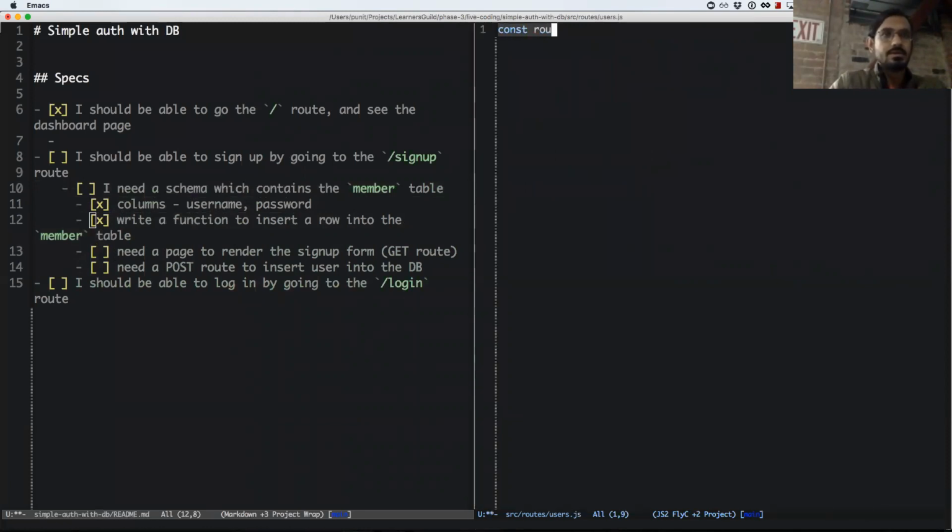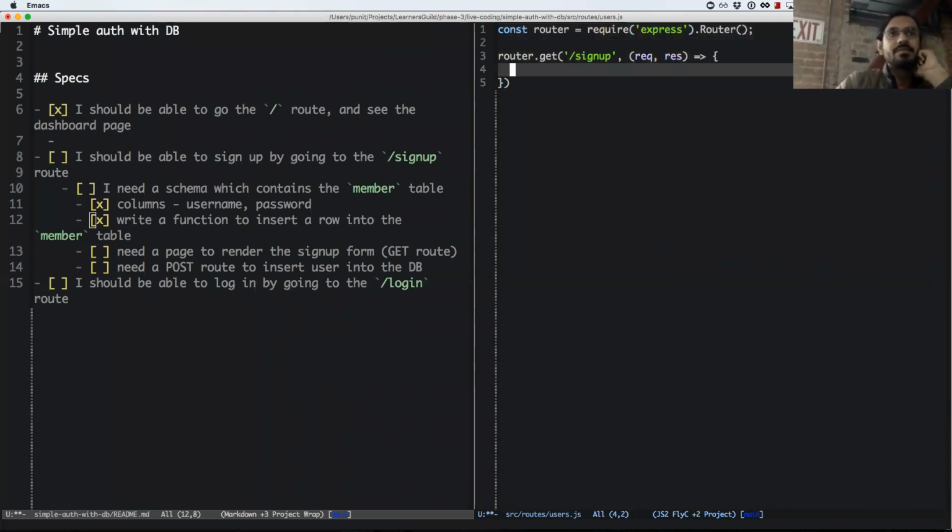So router equal to require express.Router, and then it's router.get sign up. We give it a function, request, response. So here we want to render the form, which will allow a user to sign up. So we need some sort of a templating engine. At this point, we don't have that, right? So right now I'm just going to render some fake response, which is